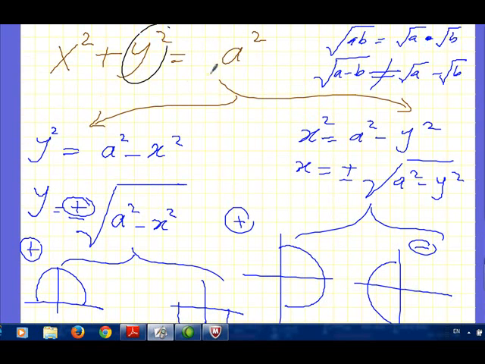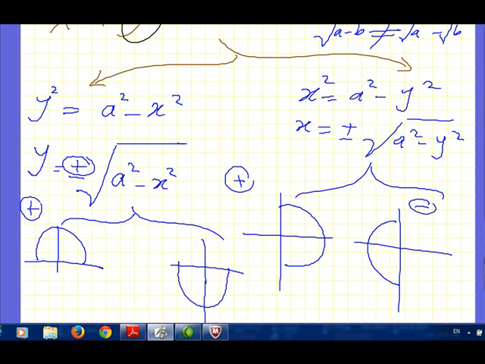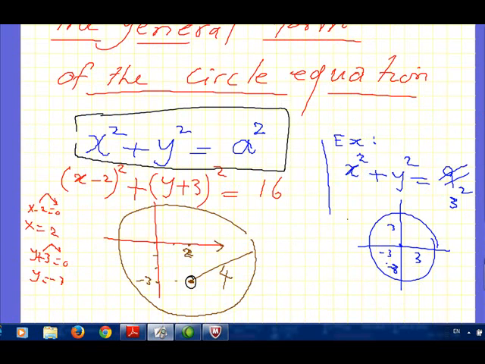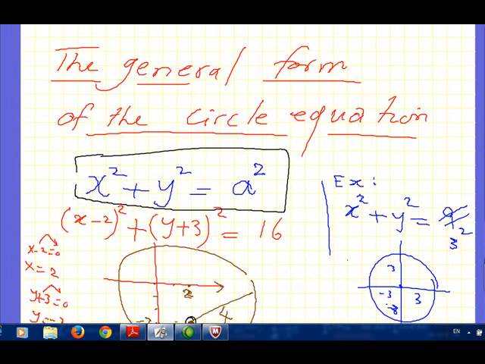Another example, x squared plus y squared equals a squared, we can separate it like this. y squared equals a squared minus x squared, because x squared equals a squared minus y squared, so y equals plus or minus the square root of a squared minus x squared. If we take plus, it will be a function. If we take minus, it will be a function. If we take both, it will not be a function. Also, if we separate x, it will not be a function. How could we determine a function or not? We will take it further on.